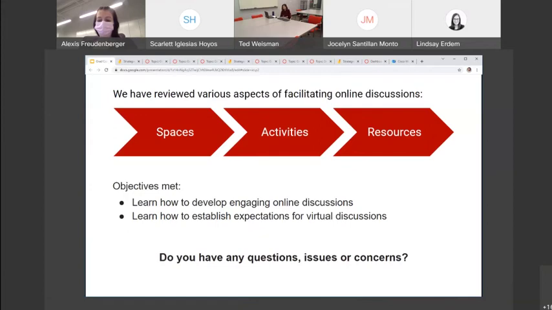Establishing expectations is key. I don't think we can stress this enough. Even going as far, if you have the time or the opportunity sometimes, to provide an example of what you want your students to do, to model. So if you have a specific way that you would like them to engage in a discussion, to respond in a discussion, providing them a model of what that might look like goes a long way.